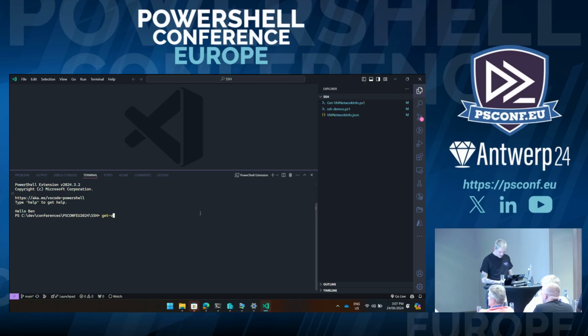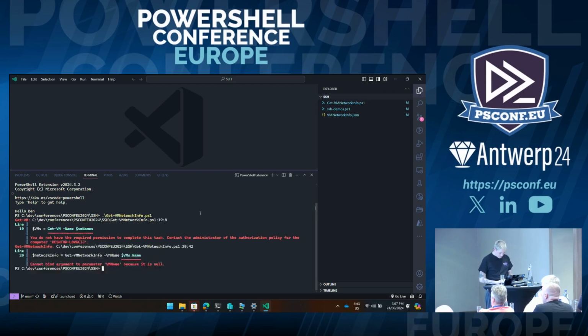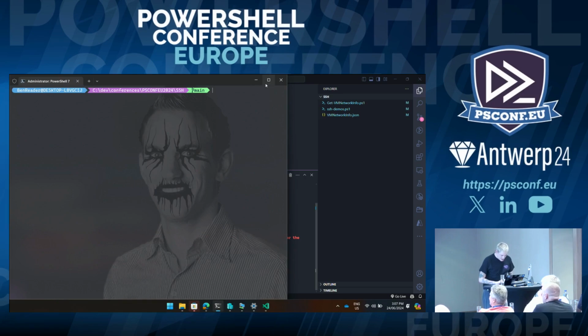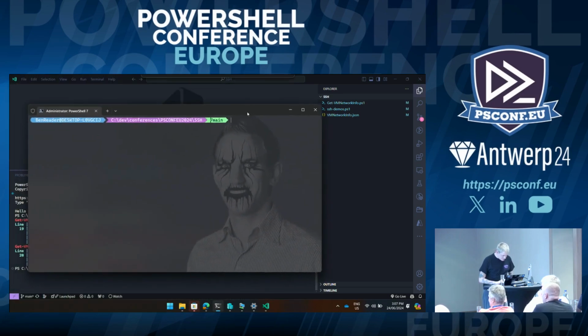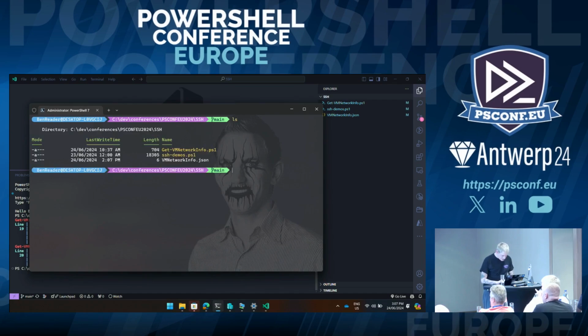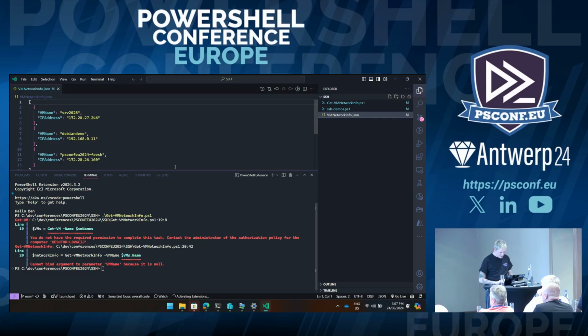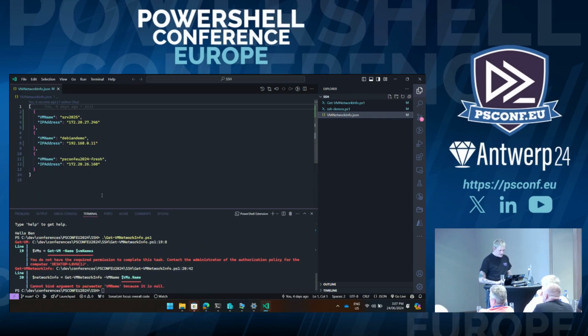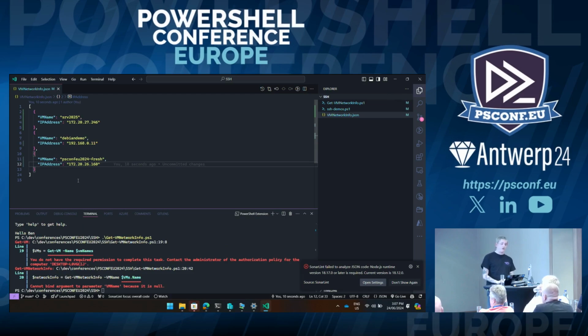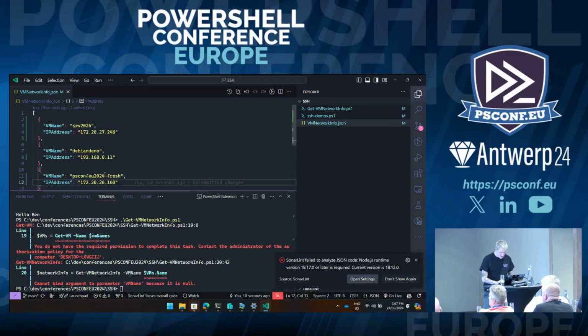So I'm just going to get the IP addresses of everything. Let's go Get-VM. I'm just going in and grabbing the IP addresses of the virtual machines so that I can have them here. I've got my Server 2025, my Debian demo, and then a fresh environment that has no configuration, because I don't trust myself. If anything falls over, I'm just going to fall over to the thing that I've already pre-configured.